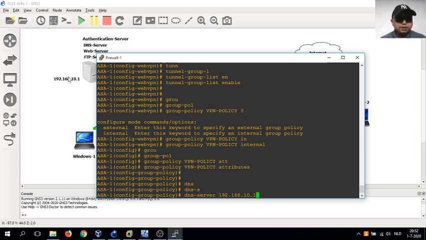So you see this is the IP address of our server, and this IP address is also the IP address of our DNS server. This IP address is gonna be used for multiple servers such as DNS, web, and FTP. We're gonna see that later. So now I'm gonna enter the IP address of